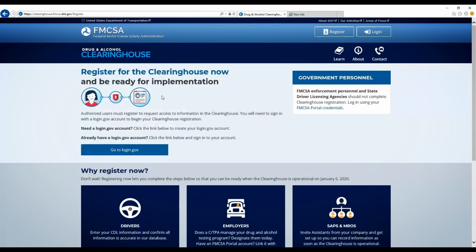And then it talks about the login.gov account. If you do not already have one of those, you will need to go in and create one. This is just a separate website that they've come up with to make sure that your information stays safe and secure. It's got several authentication programs implemented into it to make sure that your username and password stays safe. So just click go to login.gov,